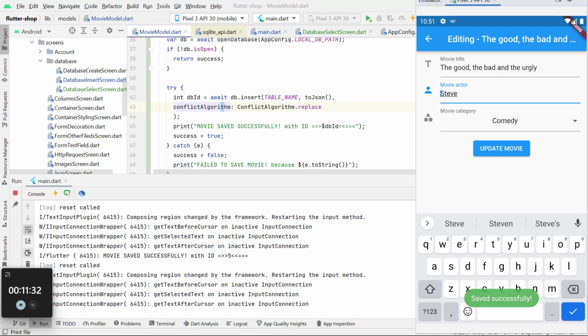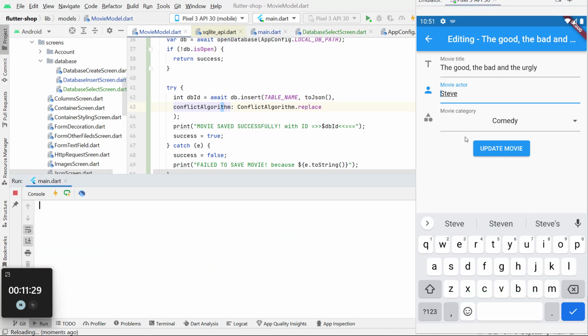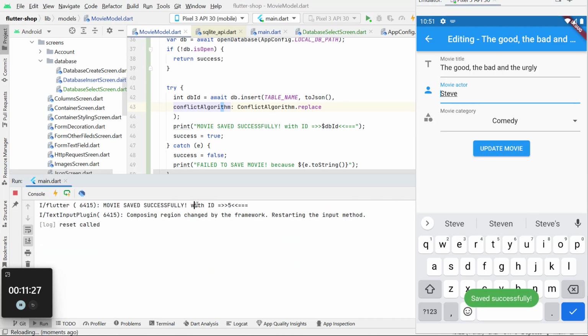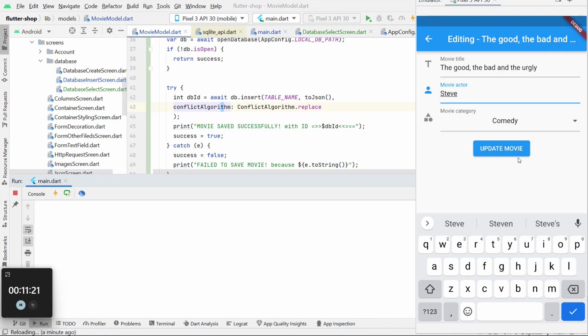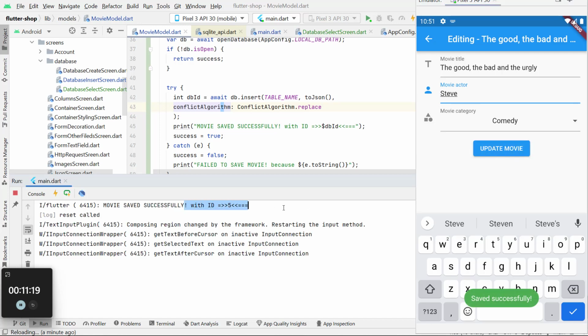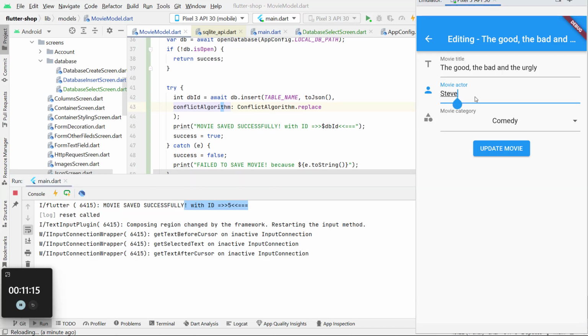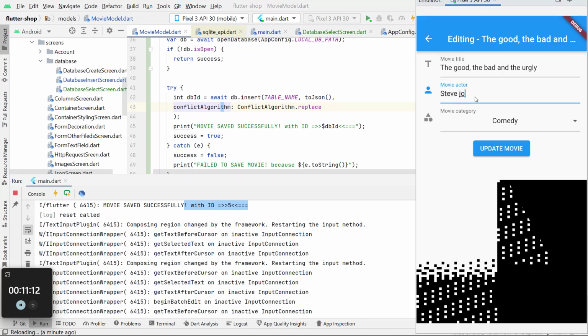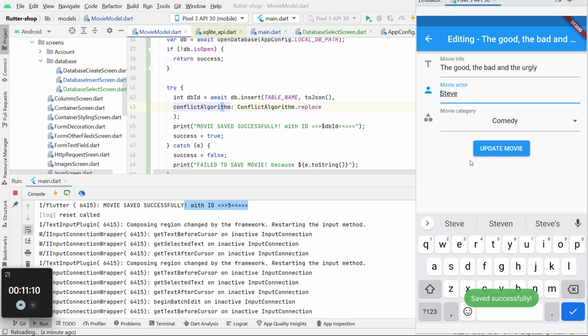You see. Now let me show you one thing. When I say save, you see the ID is 5. Because I have 5 items, even when I again say save, the ID remains 5. So it means that the item was not inserted. It was just updated. So if I say Steve Jobs like this, I save, everything is alright. So if I come back,